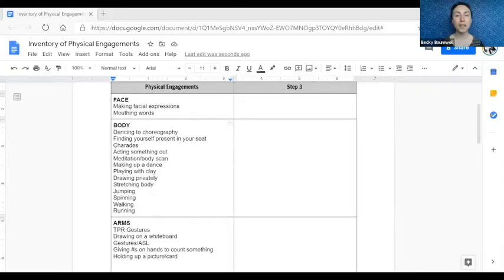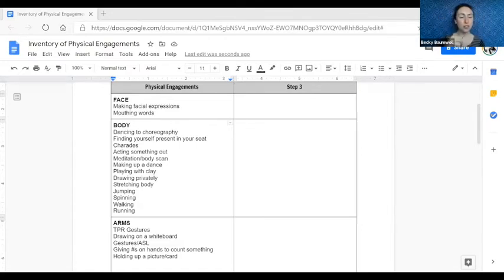And here's one more way to think about it. Which of these PEs, physical engagements, do I have to give verbal instruction for? And which can I give instruction via pictures or maybe written text? So that's another way you can organize. Whatever your method of organization, this inventory is the first step in your lesson planning. Okay, yay, you did that.